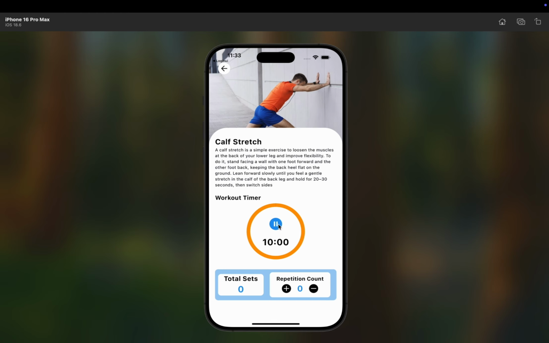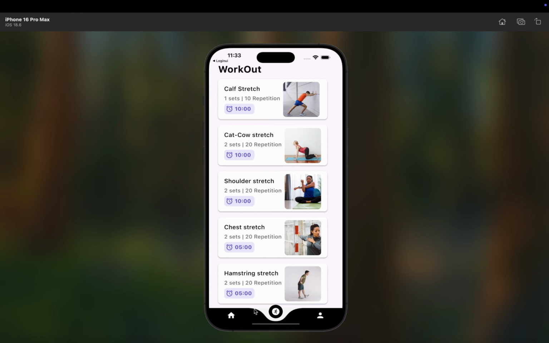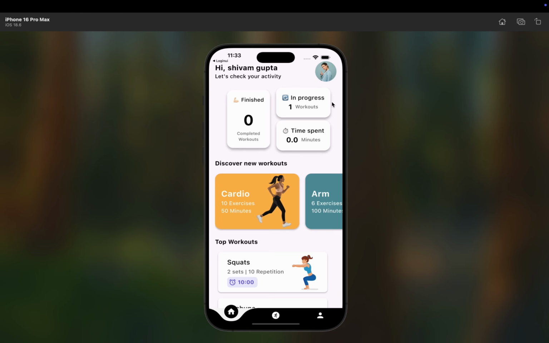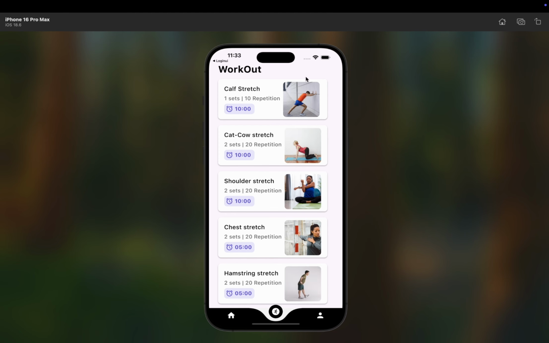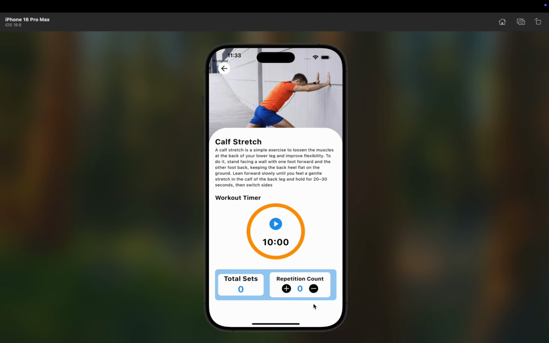So I click on this, and you can see how the workout timer has started with a repetition count. I can simply play and pause this workout timer, and we'll move back, and you can see that In Progress has changed from 0 to 1 because we have just started one exercise timer. So the workouts in progress are 1 now. I'll move back and we'll increase the repetition, and you can see that